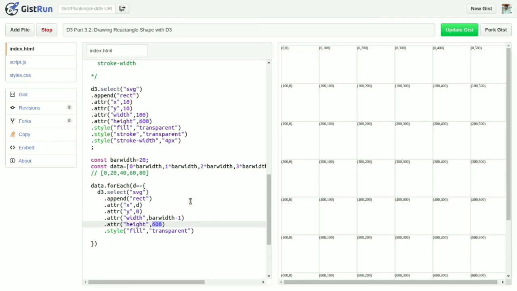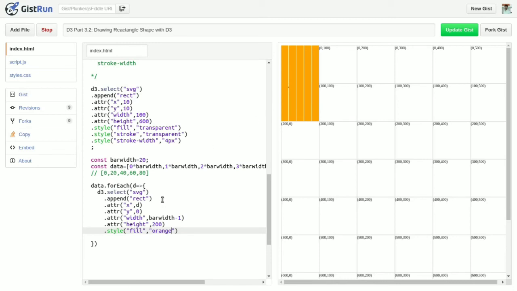For height I will provide 200. Now for fill I again go for orange color. So you can see that 5 bars are available, each bar has height 200 and width 19 pixels, and there is a gap of 1 pixel between each bar.